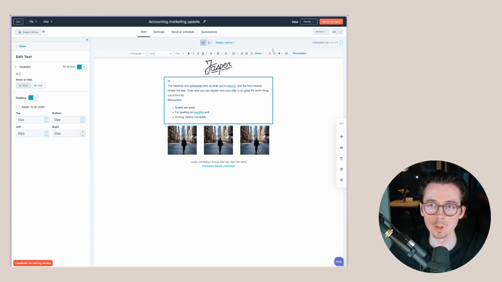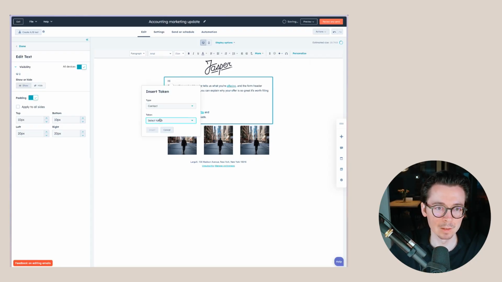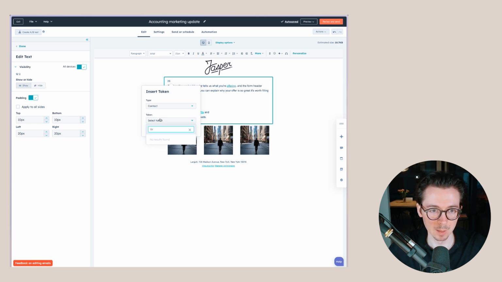Then the next thing I want to talk about is that we do have some powerful personalization features within HubSpot. One of them being that we can add the name, of course. So we can say hi, and then we'll add in the first name, for example. And then we also need to add a fallback value in case there is no information available for that property. But I would recommend to at least always have the first name for all of your contacts so that you